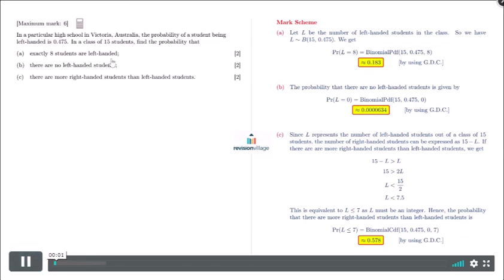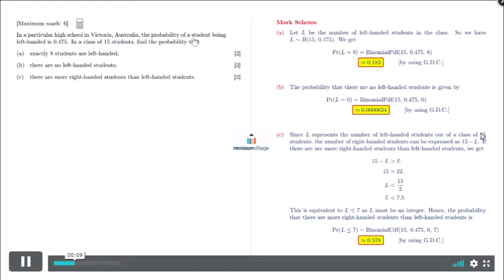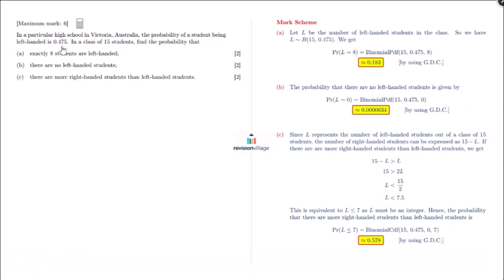Part A asks to find the probability that exactly 8 students are left-handed out of this class of 15. So we're told that in this particular high school in Victoria, Australia, the probability of a student being left-handed is 0.475. That seems high. 47.5% of students are left-handed in this school. And we need to determine that out of a particular class of 15, the probability that exactly 8 students are